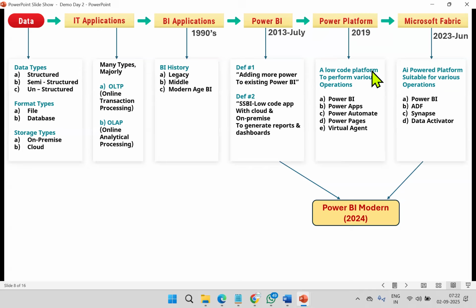And now Power BI is available standalone and at the Fabric level also. So it is a pure cloud operation, everything cloud, with an AI-based component. So this course is good enough to try as a standalone Power BI developer or a Fabric-level visualization developer. There also, you see for Power BI, it is modern. Once you join a company, you may work only on this, or you may work on a Fabric-level Power BI role, anything. So this is what I explained in the last class.